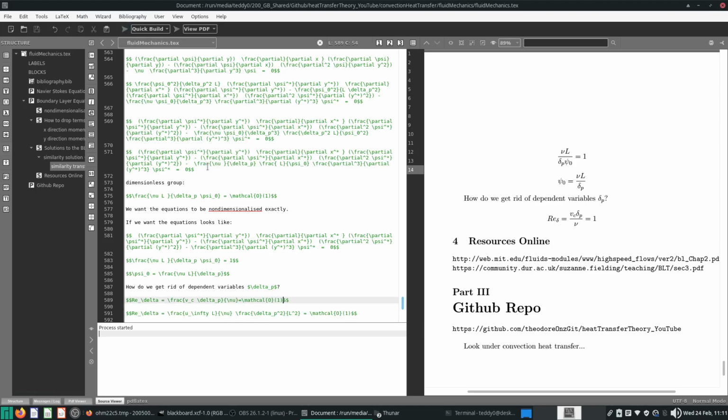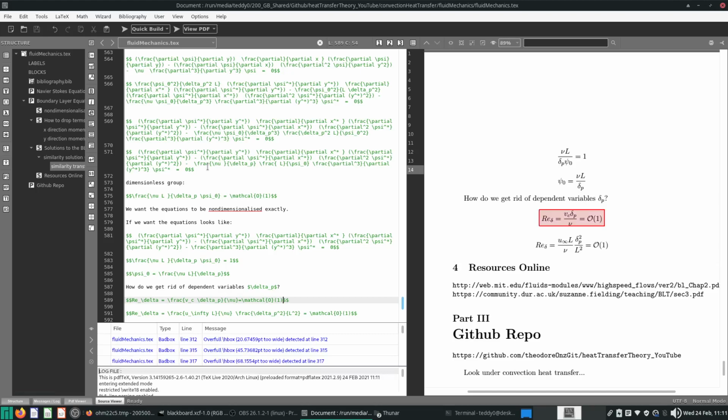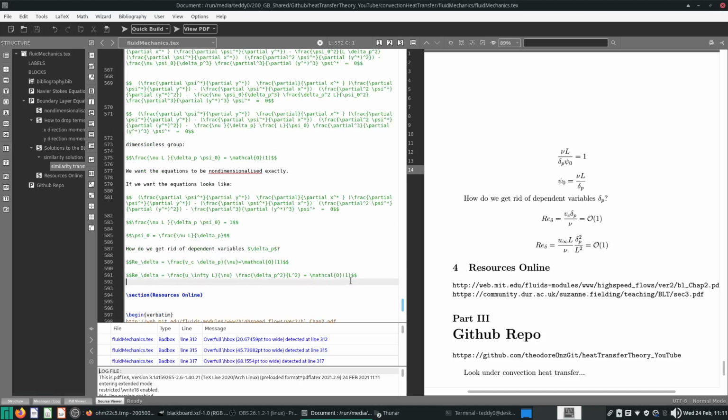Alright, so this is one place we can look to actually determine what we can do. And of course the other place is just, well, we can try to get rid of delta P completely by looking at the continuity equation, but that's a bit of a waste of time. Alright, but it's not exactly a waste of time. You can go through it, but you'll find that from the continuity equation,